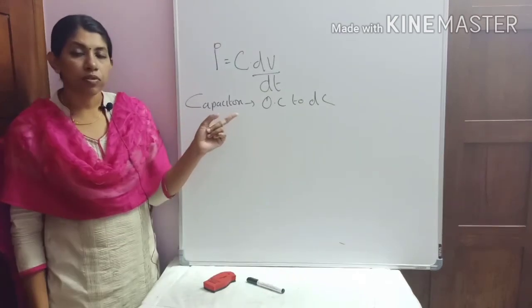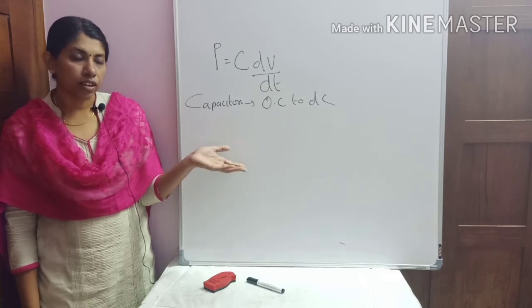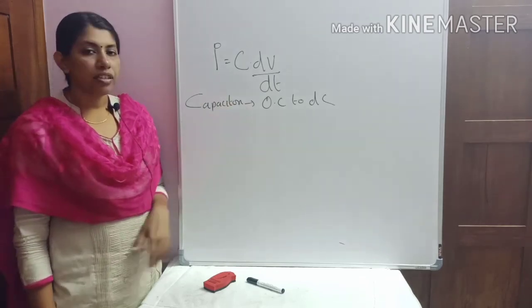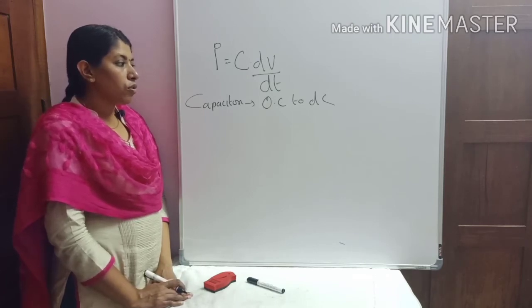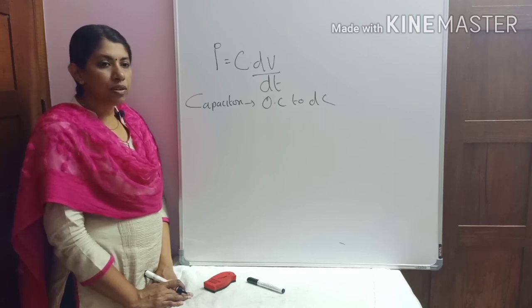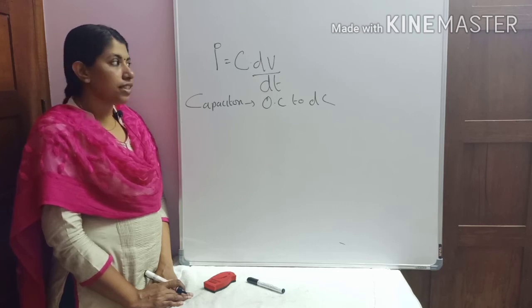This should be kept in mind because this is a very important thing when we are studying analog circuits and all. This will be applied every now and then. Now, a capacitor is open circuit to DC voltage. A capacitor is also an energy storing device. It does not dissipate energy like an inductor.